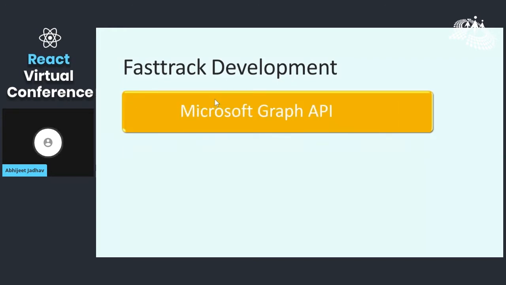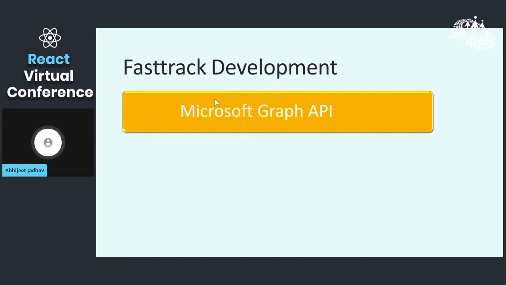If we see the evolution of Microsoft 365 development, Microsoft Graph API was introduced to provide a unified programmability model that can be used to access a tremendous amount of data in Microsoft 365, Windows 10, enterprise mobility and security. So this was the one endpoint by which you could access all the Microsoft 365 data. It is kind of an endpoint which rules all.